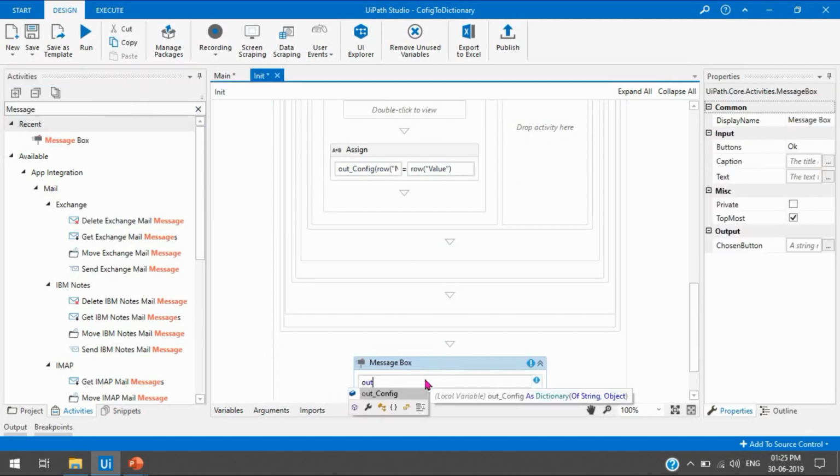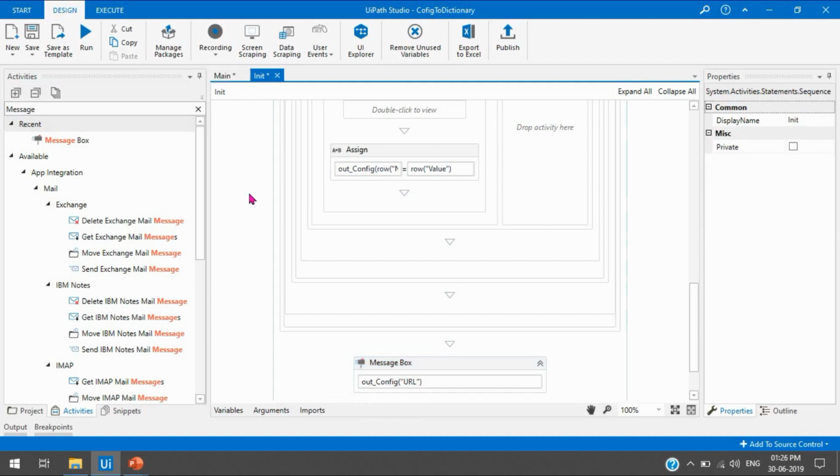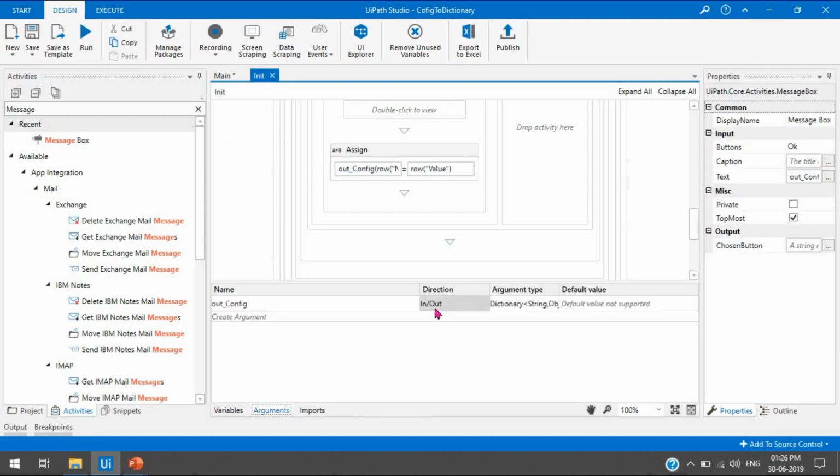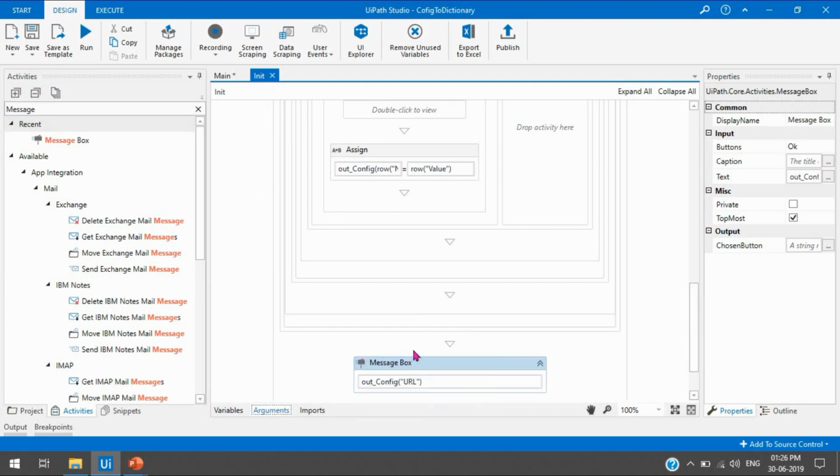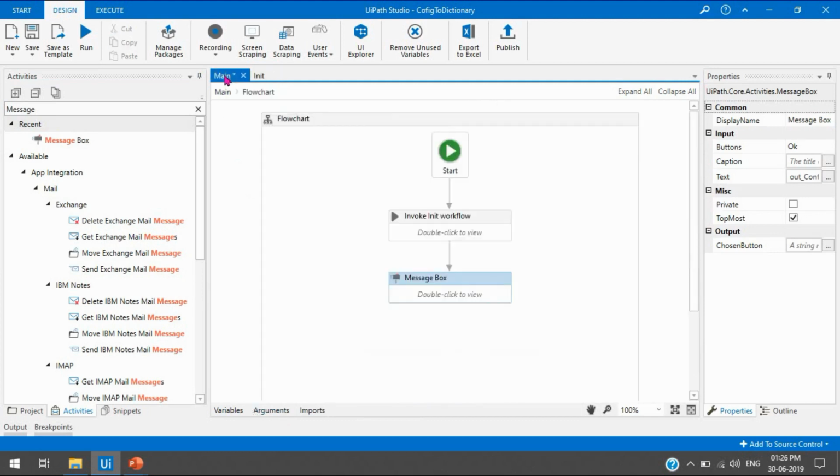So now we have the config variable out underscore config. In the double quotation we have the URL, and if we run only this init, then we also get the data from the variable, because we have taken this as an argument with out direction. This way we can read the data from the dictionary in this workflow and outside this workflow also.